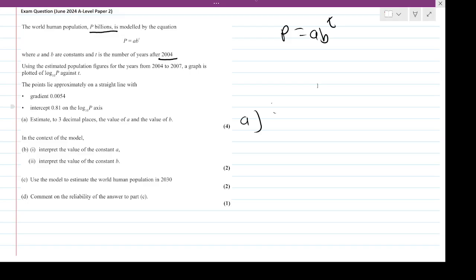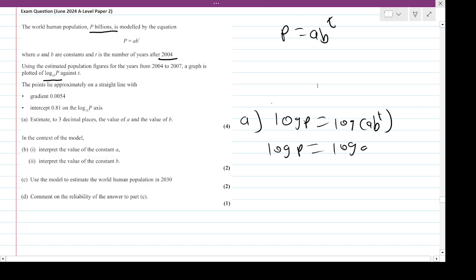So anyway, part A, they told us to estimate the value of A and B. Right, so again, A and B in this exponential model here. Again, it's talking about a graph of log p. So we're going to need to take, well, log p, right? So we can take logs of both sides. So log p is going to be log of ab to the t. Again, then we can split up the log. So log p is log a add log b to the t. So then log p, if I move the power t in front, so log a add t log b,